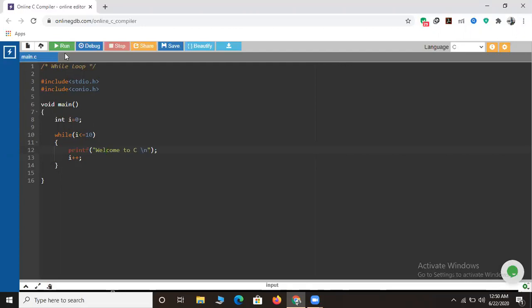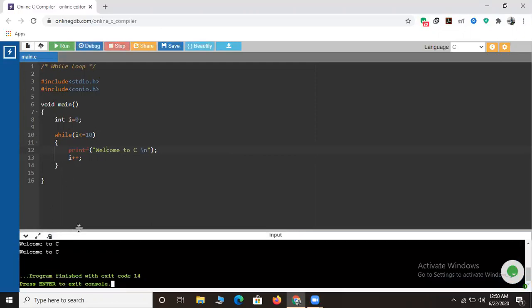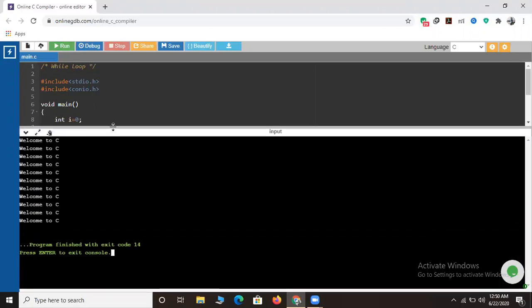Example, friends, see here. Let's run the program. When I run the program, friends, you can see clearly the program has been successfully executed by displaying welcome to C 10 times. I'm sorry, 11 times. It displayed 11 times because,